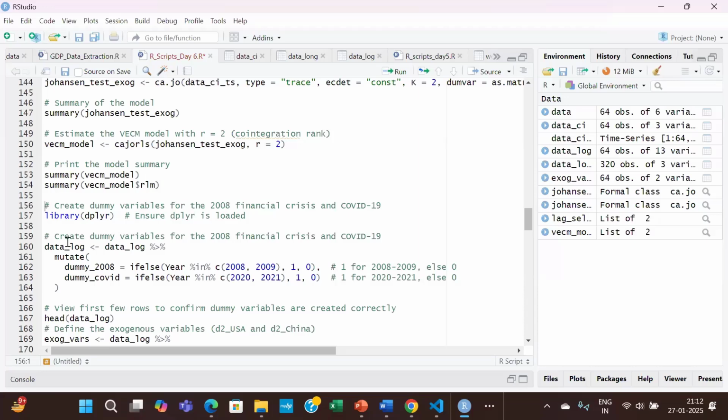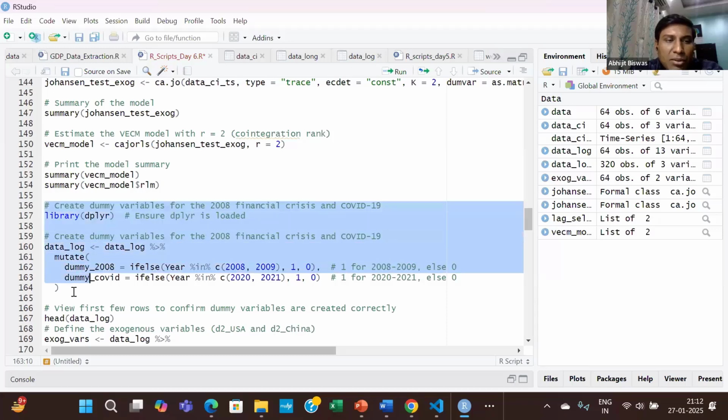Now I will create two dummies, one for COVID and one for